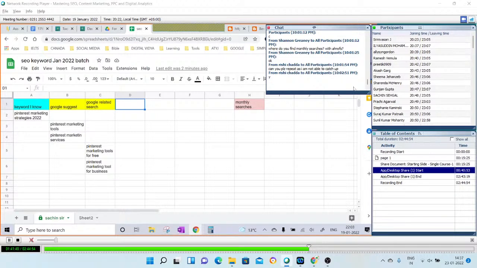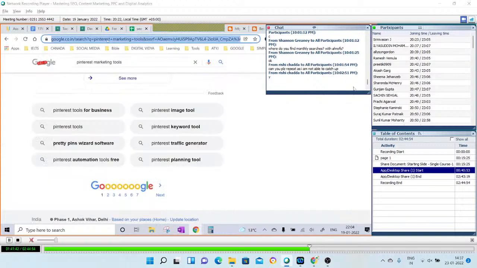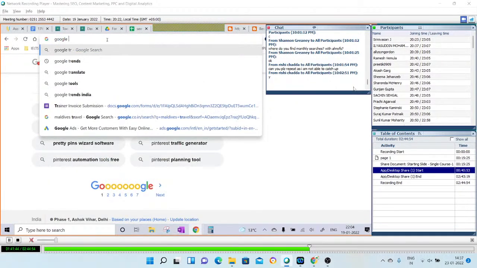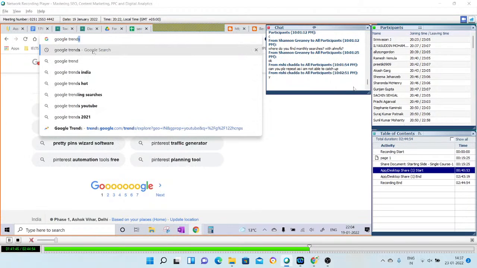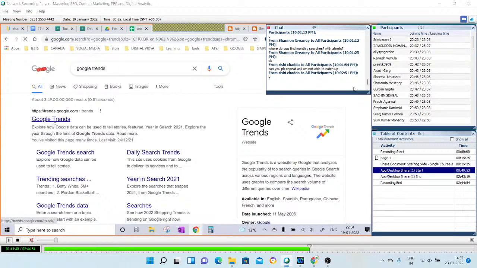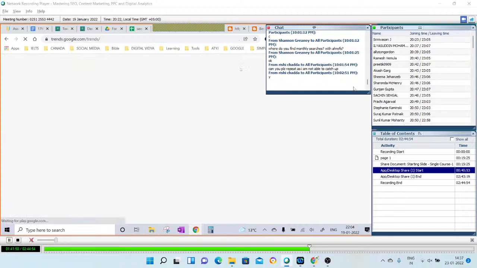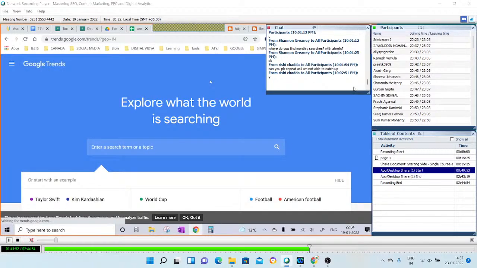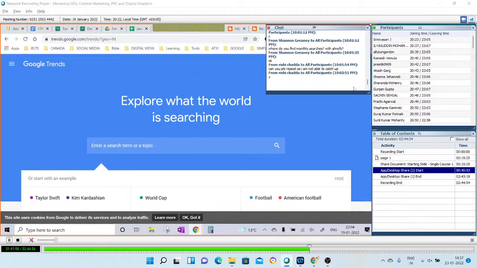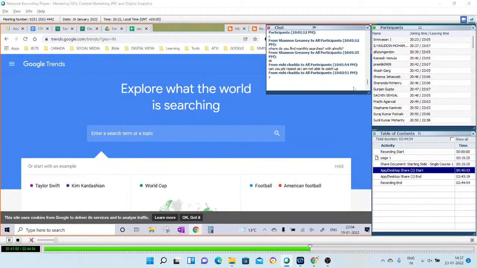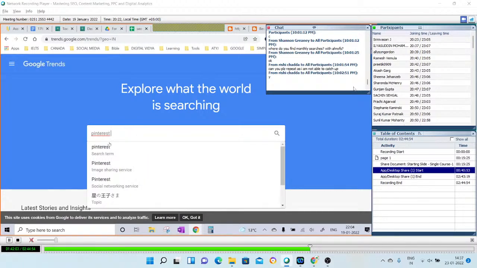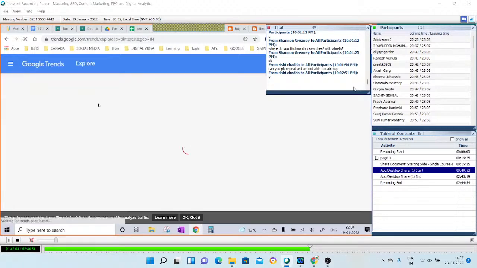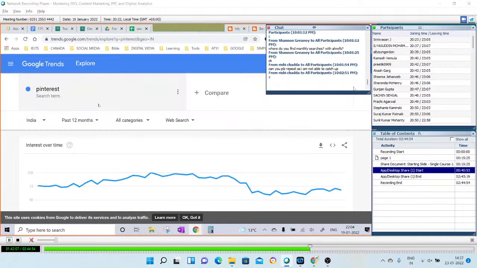Okay. So the next tool which we use is Google Trends. So this tool is very important for a lot of data. It's not just about writing from the keyword point of view, from the research point of view. You can use this for so many reasons. Right now I'm not going to touch those reasons which are not valid here from the SEO perspective, because I use it a lot for social media and content strategy as well.